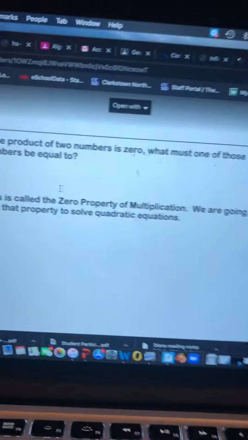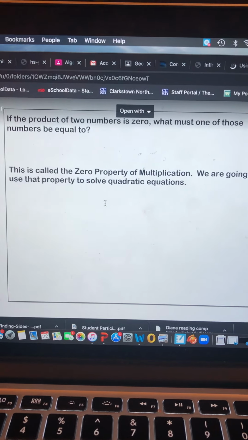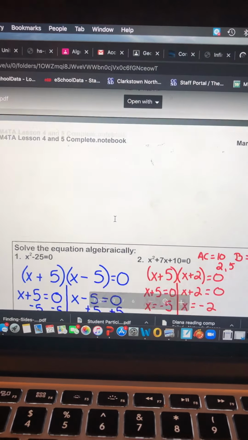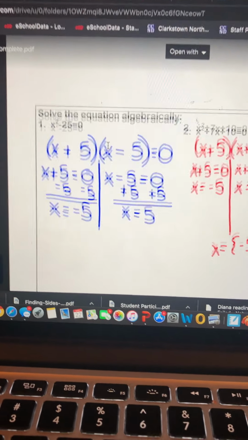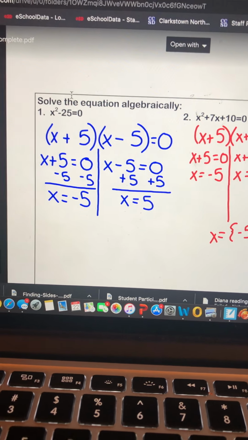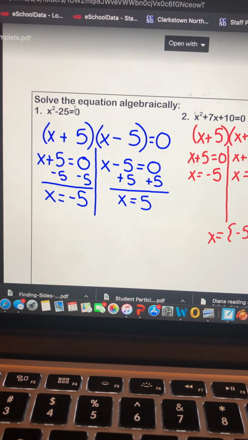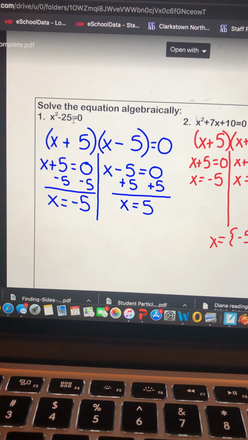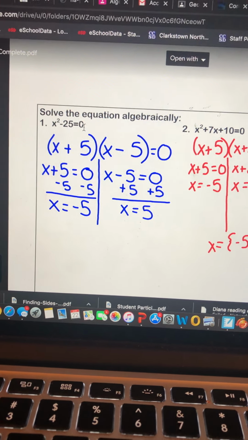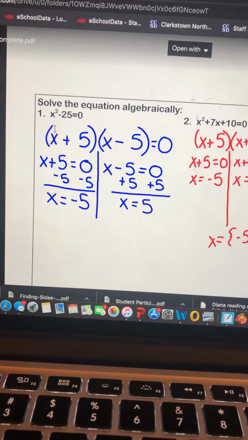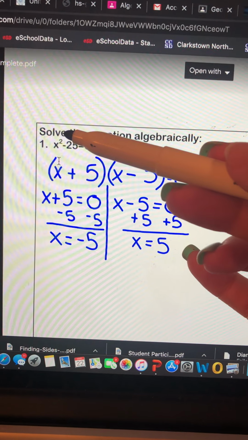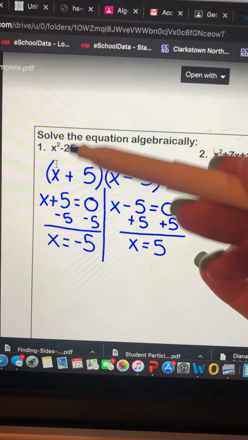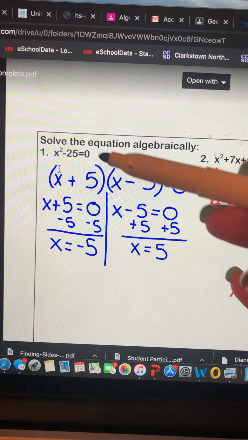We're applying this zero property of multiplication to solve quadratic equations, to get a value for x. What can x be to make it 0? So you'll see something where I'll just say solve the equation. Okay, they're telling you that x squared minus 25 equals 0. So you're kind of thinking to yourself, all right, well, and some of you can do this in your head, right? What number squared minus 25 is going to get me 0? Some of you might already be thinking,